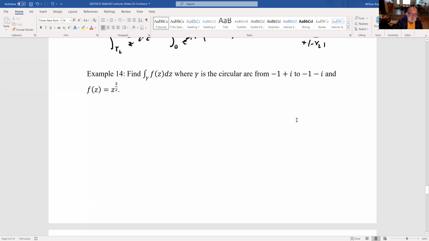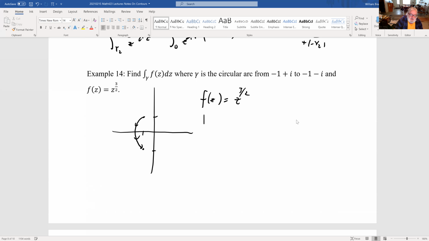If we think about this one, I'm not actually going to do the integral here, but we'll set it up and see what the problem is. Minus 1 plus i is up here. Minus 1 minus i is down there. We want to do this circular arc. We want to integrate f of z equals z to the 3/2. But